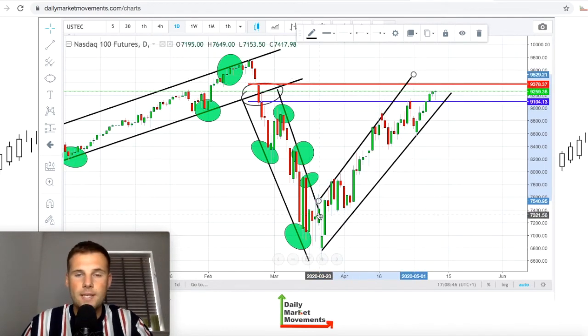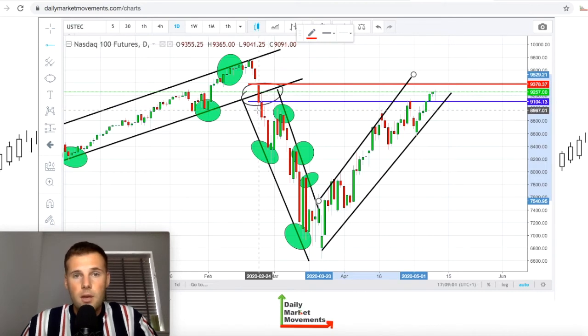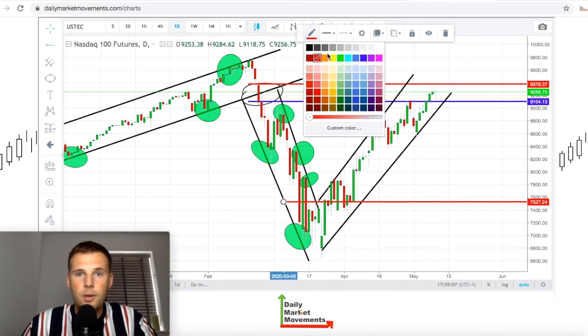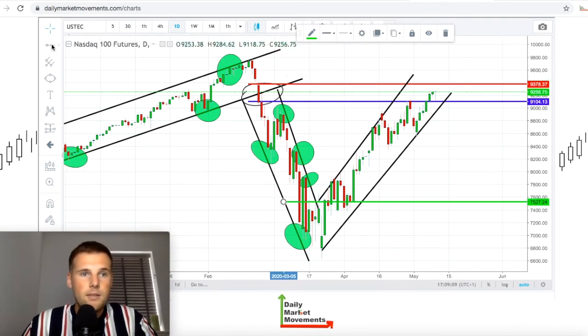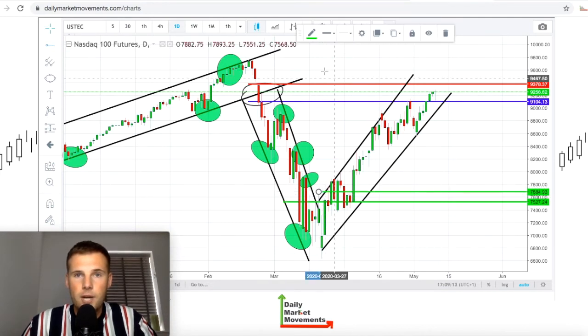So many traders, when it snapped out of this downtrend that we were trading in for a month or so, would have taken this as a bullish example, and it would also have indicated to them that maybe the signal they took back up here, the original signal, they would have been able to take profit. So they would have taken profit around about this price here, which I'll put in green. And then once it did clearly snap out of the downtrend, they would have been able to place another trade, which I'm going to put in blue,